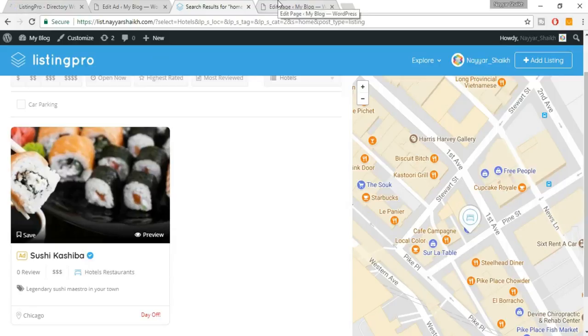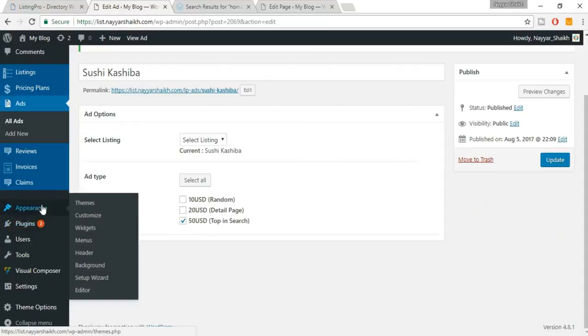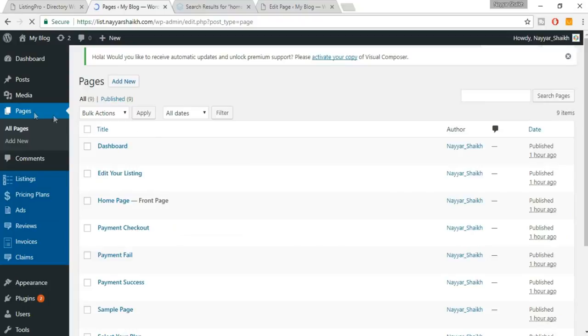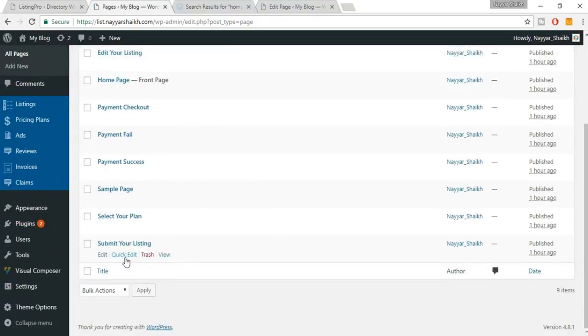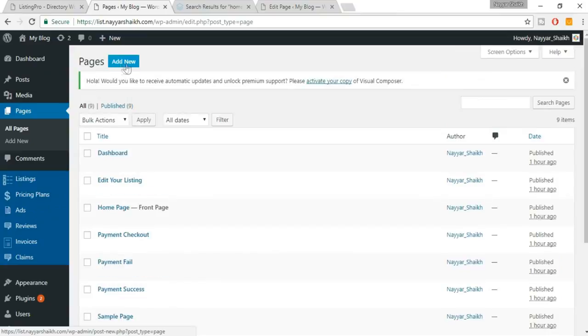Fine, now we have successfully created ads and seen how ads work. Now let's create the contact us page. Again, come back to your website. First let's see whether a contact us page is already created or not. Just click on pages, and let's see, there is no contact us page. So first we'll have to create a contact us page. Click on add new,